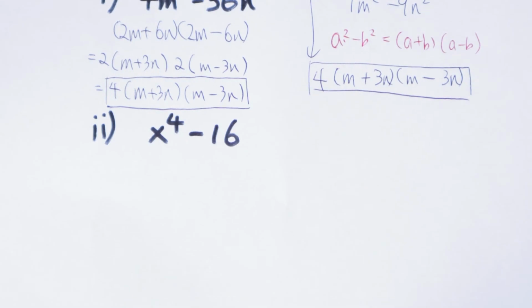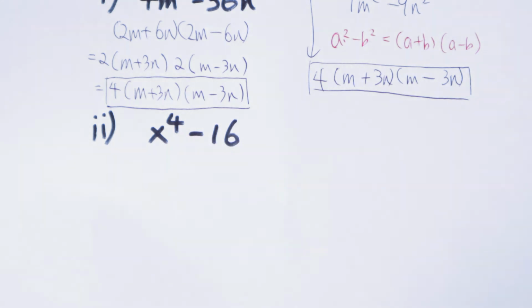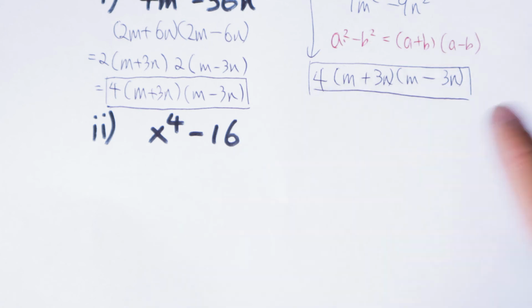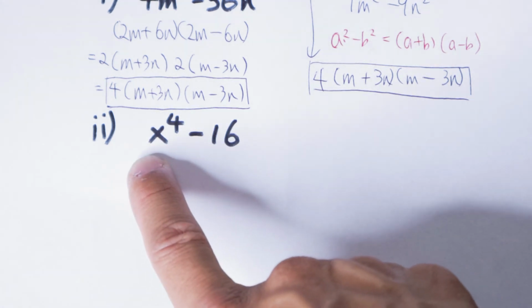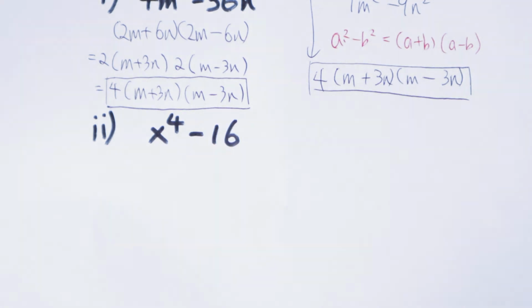Well, here we have different exponents. Here we have x to the 4th power minus 16. Well, I see that there's no GCF between 1 and 16, and you cannot take out any x's from both terms. So since I know that 1 is a perfect square, the invisible 1 is a perfect square, and then the 16 is also a perfect square,